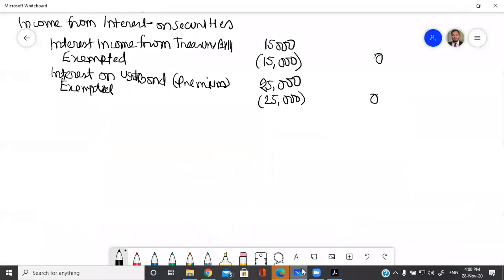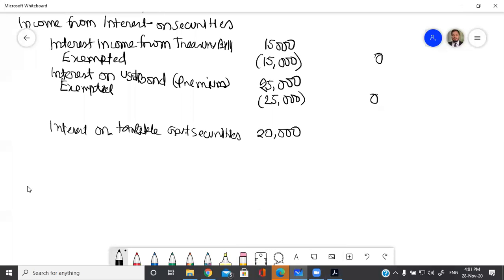Taxable government securities, interest on taxable government securities, 200,000 multiplied by 10%, 20,000. Then no adjustment is needed,